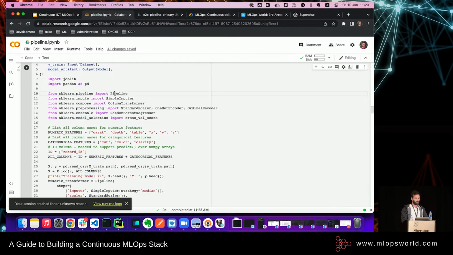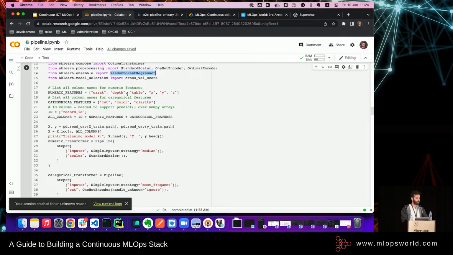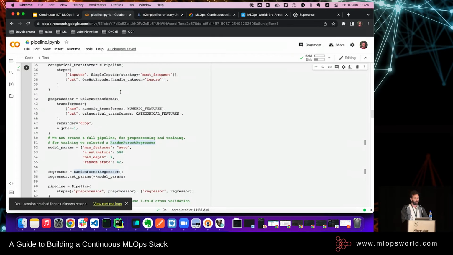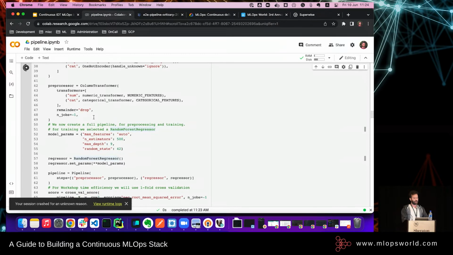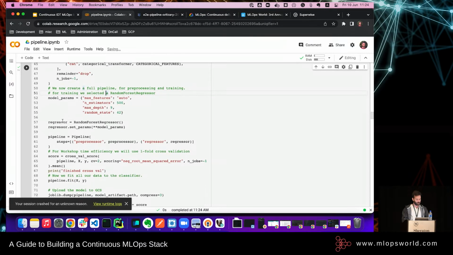In this step, we're going to have a pipeline, an sklearn pipeline. There's a differentiation between the two, and we have an imputation and column transformers, and we do some one-hot encoding, and so on. And we're going to train a random forest regressor. I already tuned it so it will be good enough. Not really me, it's from Kaggle, so thanks to Kaggle. And then we're going to train the regressor.